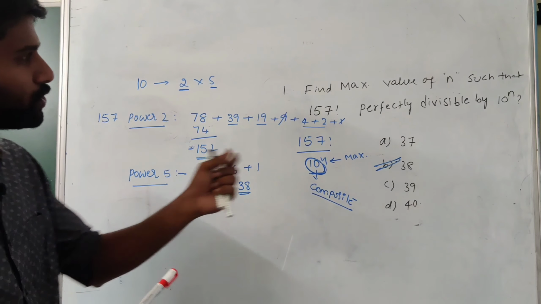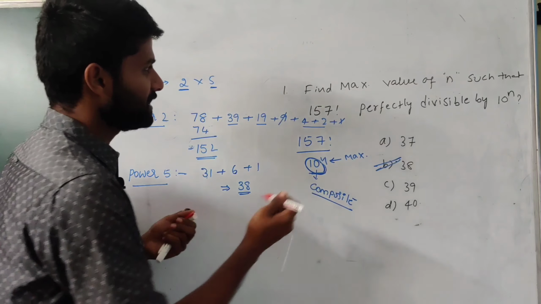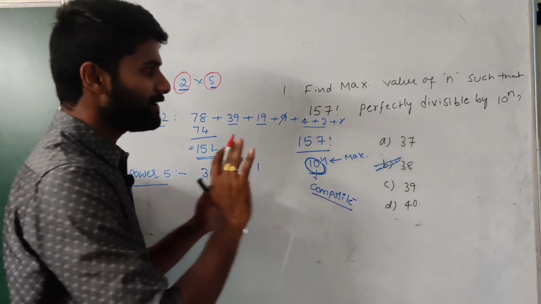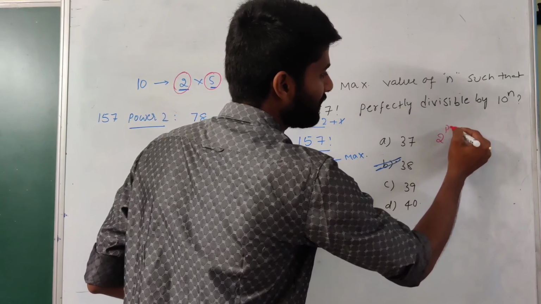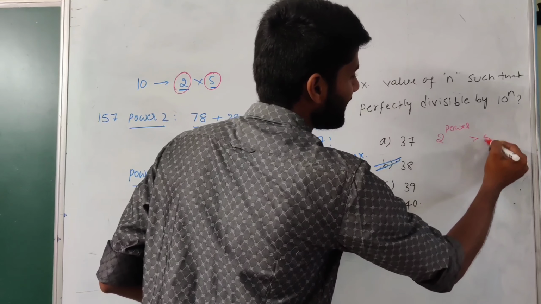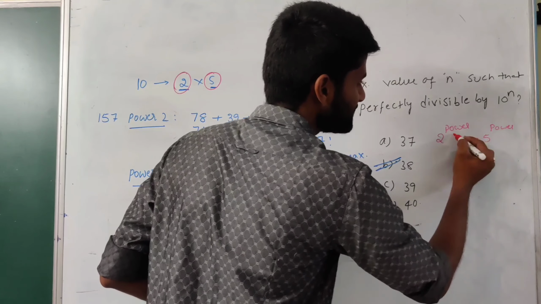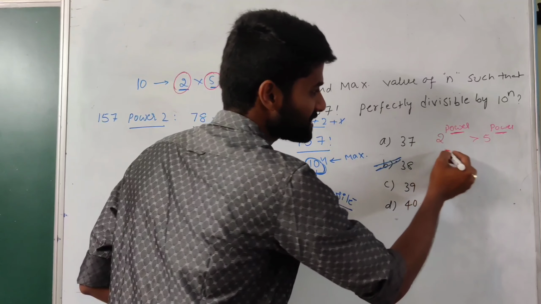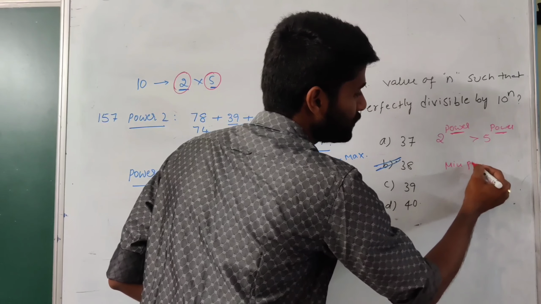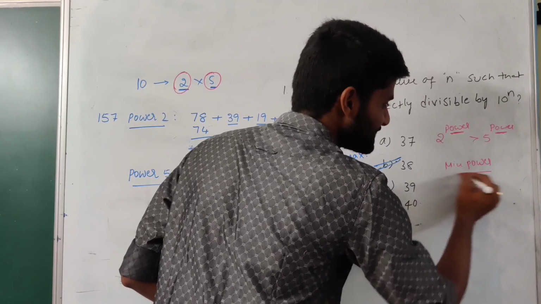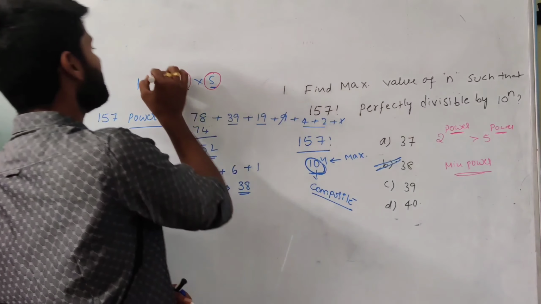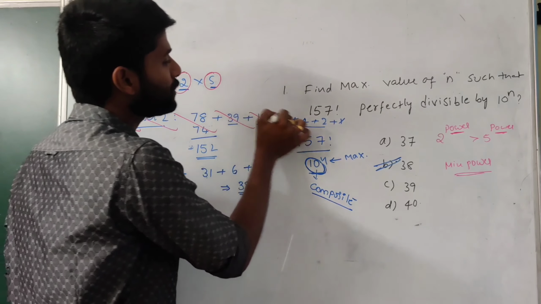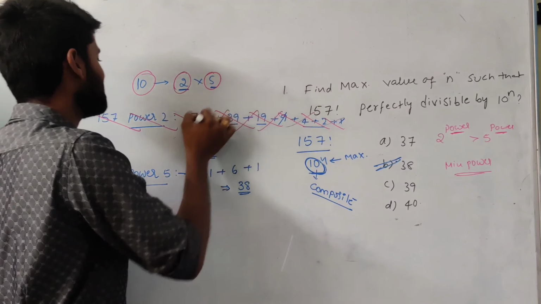Okay, if you want to go with a direct one, first observe that if you want the 2 powers and 5 powers together, while we go with the calculation, the 2 power value is always greater than the 5 power value. Of these two numbers, I clearly mentioned that the minimum power value is exactly equal to the maximum power value of 10. It means we need to calculate only the power values of 5. Don't calculate the power values of 2.